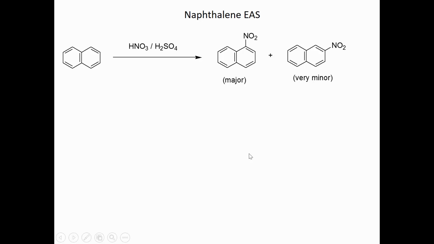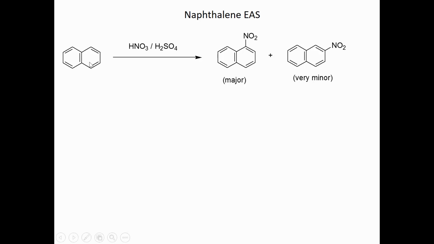In this video, we're going to look at electrophilic aromatic substitution in higher benzene rings, and we're going to look at heterocyclic rings, and then we're going to look at another type of aromatic substitution called nucleophilic aromatic substitution. Okay, so naphthalene itself, shown here,